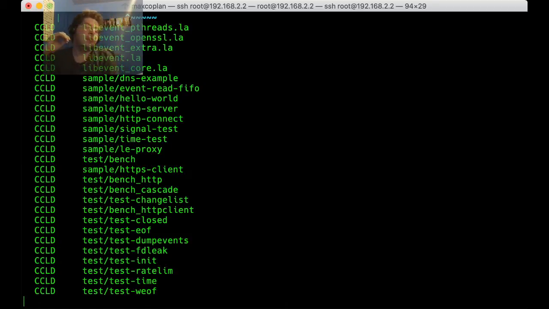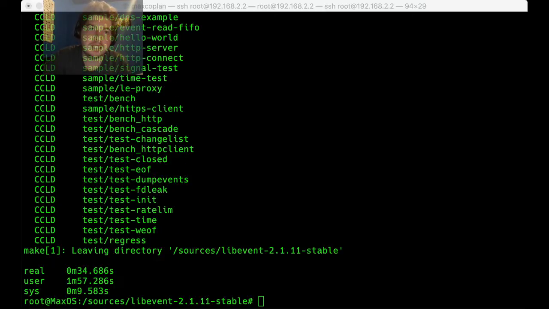Alright. What I'm trying to do right now, I should explain, is install this thing called libevent. Libevent is an event notification library. It's an asynchronous API, a library. It lets programs execute a callback function when an event occurs on a file descriptor, when a timeout has been reached, or on signals.